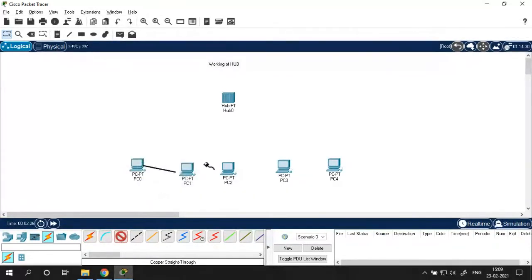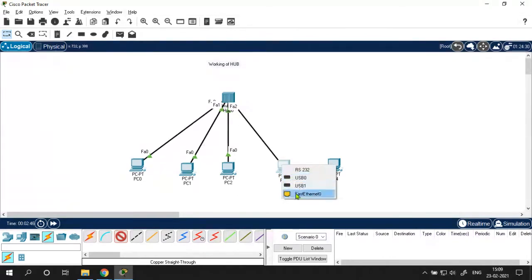Let's connect this PC to the hub. Yes. Connection is done. Now again, let's connect this PC to this. Okay. Come on, be quick. Let's connect this to this.